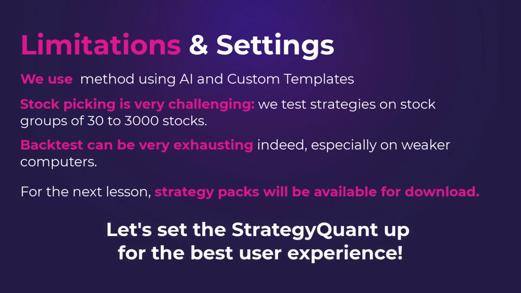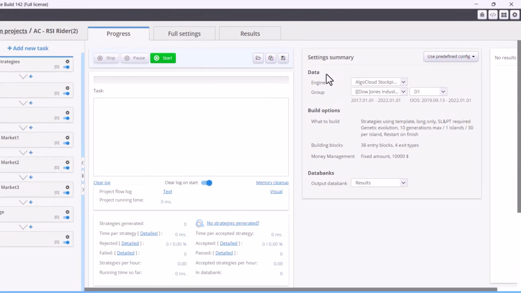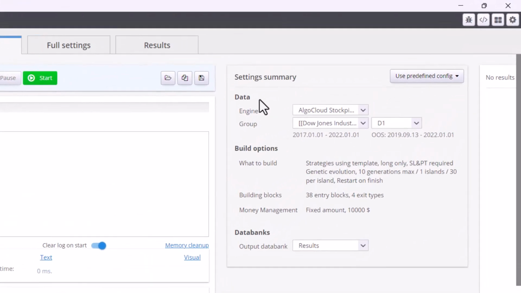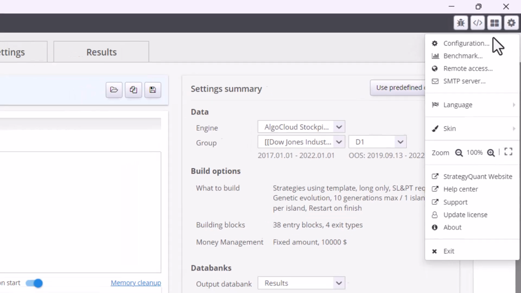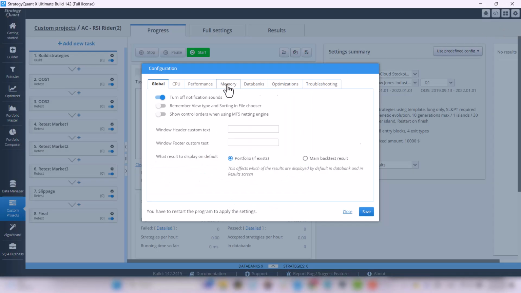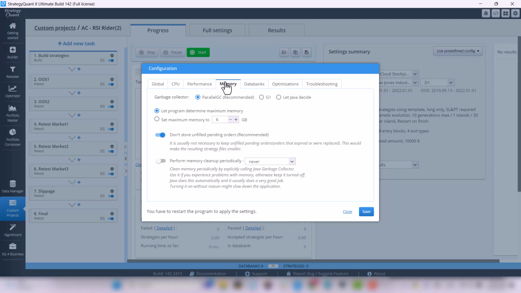I will now give you some recommendations for setup so that you get the best user experience and Strategy Quant works smoothly. The first step is to set up the memory. In the top right corner, click on the gear wheel, then Configuration and the Memory tab. If you have a computer with 8 GB of RAM or less, set your maximum memory to 4 GB of RAM.